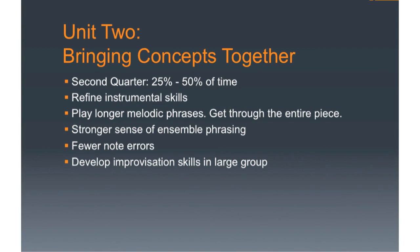I'll just tell you a quick story about that. One of my first years teaching at the University of Minnesota, I was standing on stage at a concert conducting the jazz ensemble. And I had been very purposeful, or so I thought, in planning the rehearsals out. I had chunked up the chart, and we worked on solo stuff. We worked on backgrounds. We worked on introductions and endings and all this kind of thing. We got to this little transitional period in the middle of the piece, and I realized at the concert that we'd never actually played that before in rehearsal at all. So I said a short prayer, and we dove on in, and we got through it just fine. But that made an impression on me to make sure that I get through the entire piece relatively early in